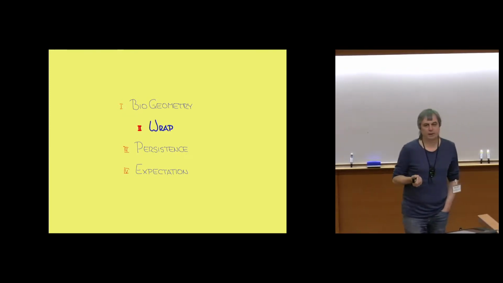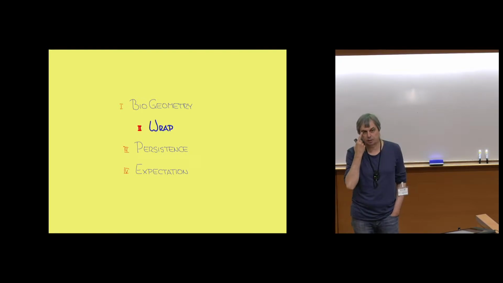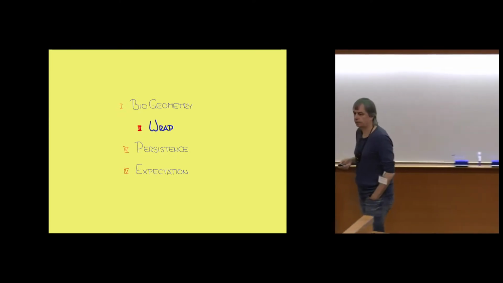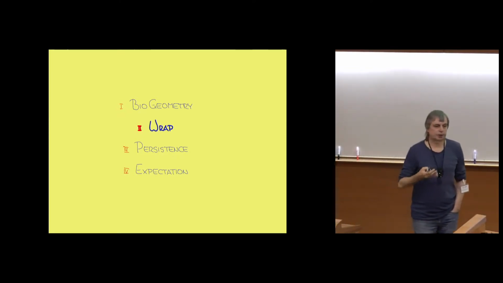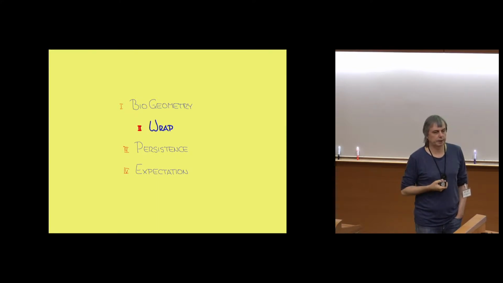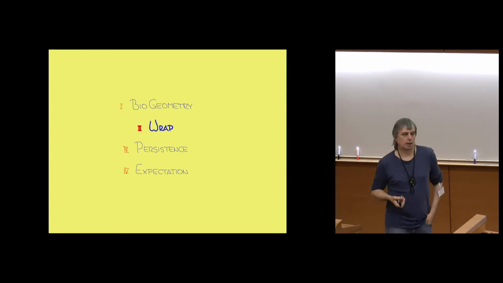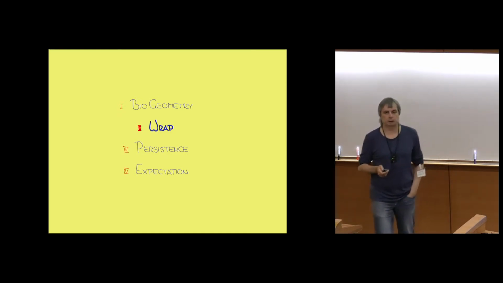Anyway, now I come to my second topic. The second topic is the Wrap algorithm. This goes back to 1996, I believe. And it grew out of alpha shapes, but there's an important new ingredient in there. Namely, in a nutshell, there's a glue between the simplices that allows you to talk about larger chunks of the triangulation. So instead of taking simplex by simplex like we do in alpha shapes, I take chunks of them together and they have a meaning. And this gluing together is produced by a discrete flow.